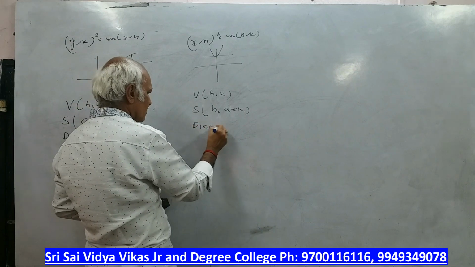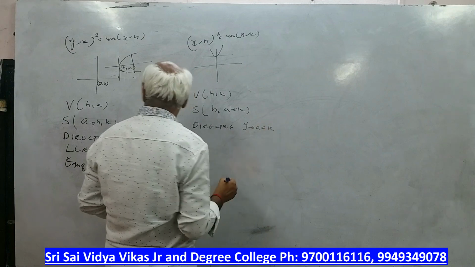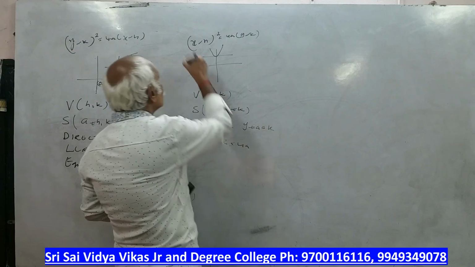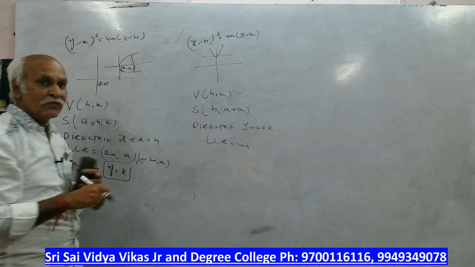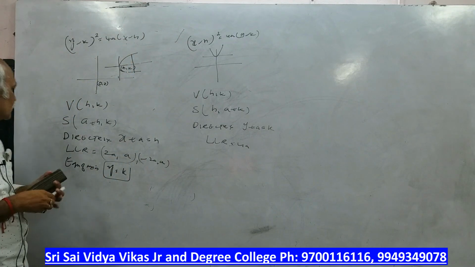Directrix: y plus a is equal to k. Next, length of latus rectum will not change. Okay, so means what? Once we shift the origin, the coordinates will change. Okay, please note this. Next,